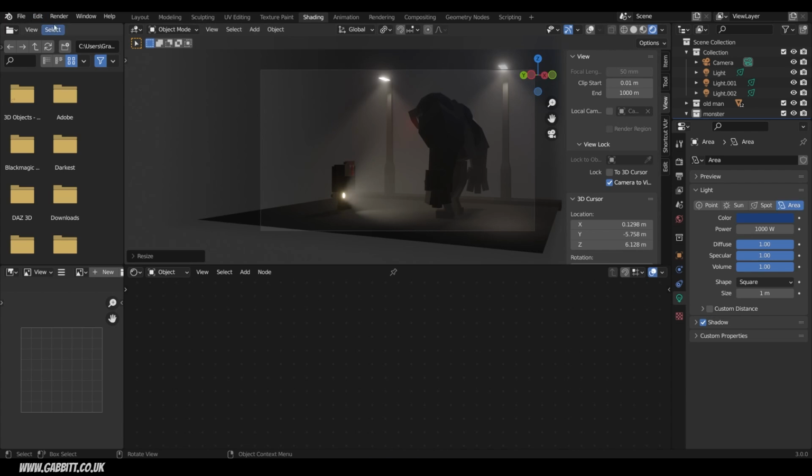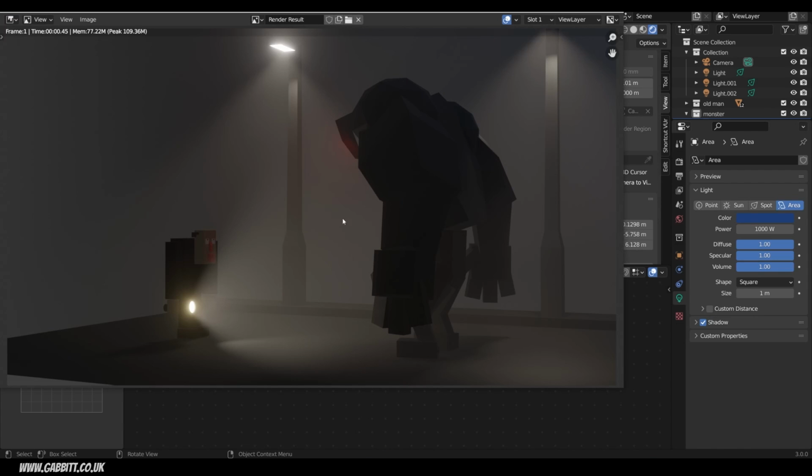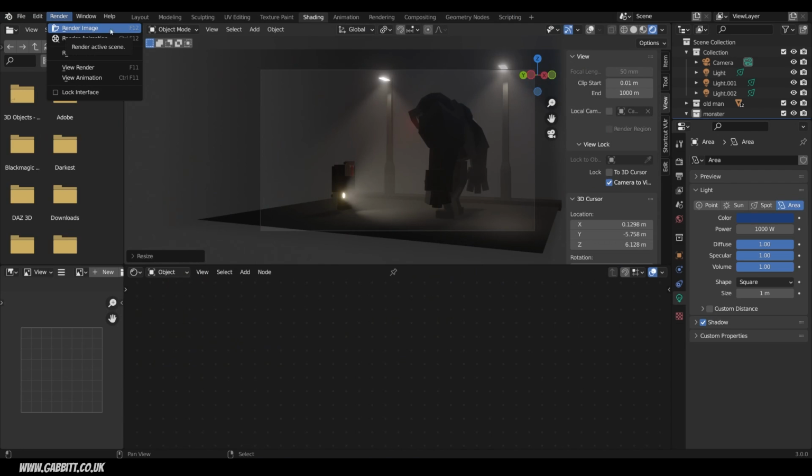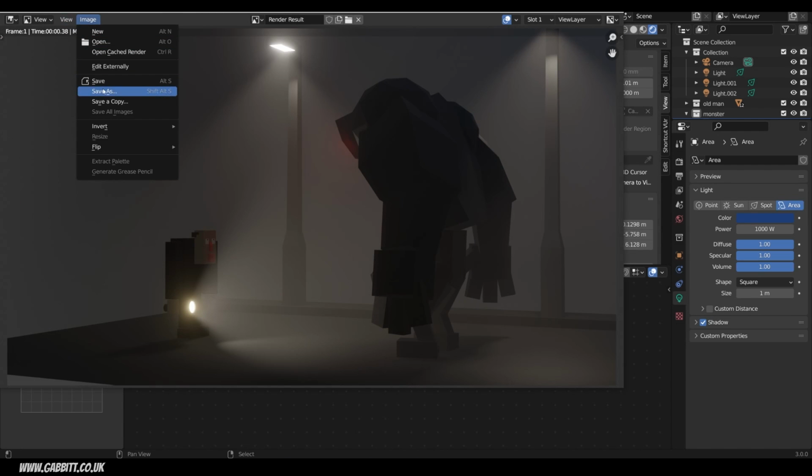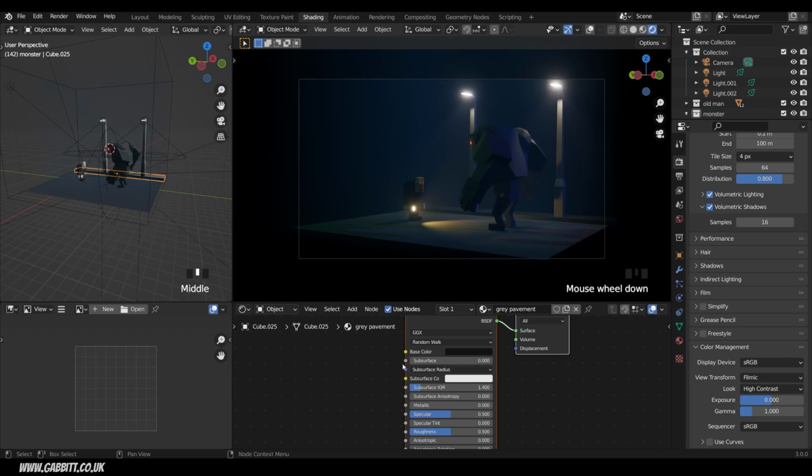To render out, we can either go to render, render image. Got our nice scene there, and it was almost instant because we're using Eevee. Or remember, the shortcut key is F12. And then we can go up to image and save your image. So this is what mine looks like with a bit of tinkering of the settings, and I'll just run you